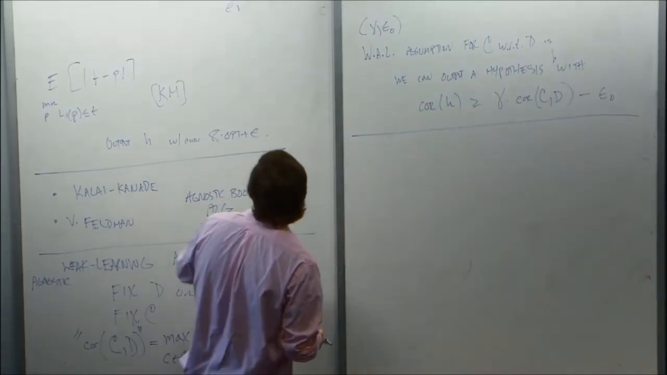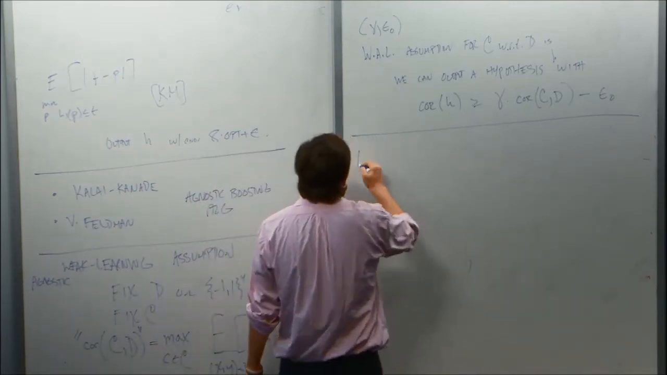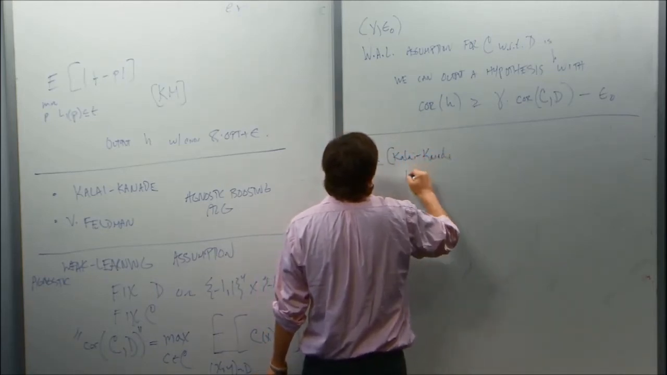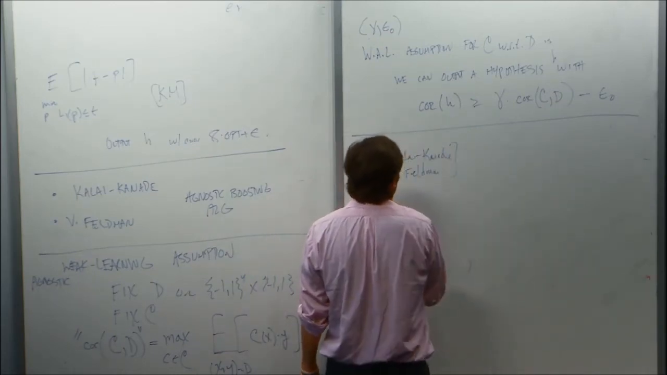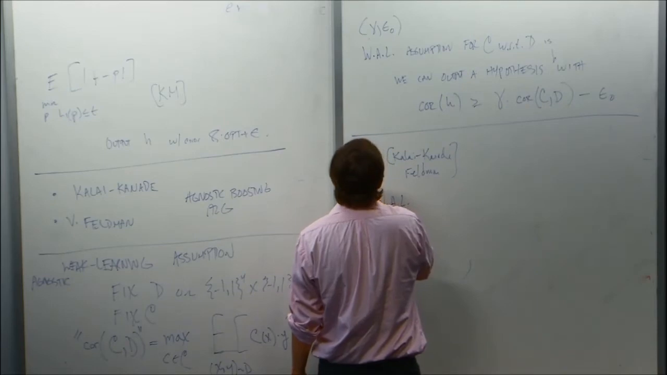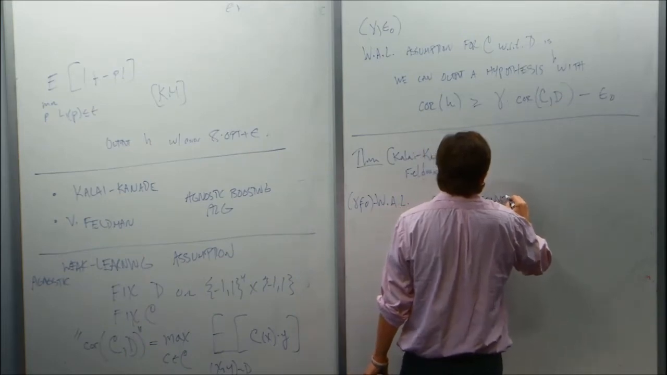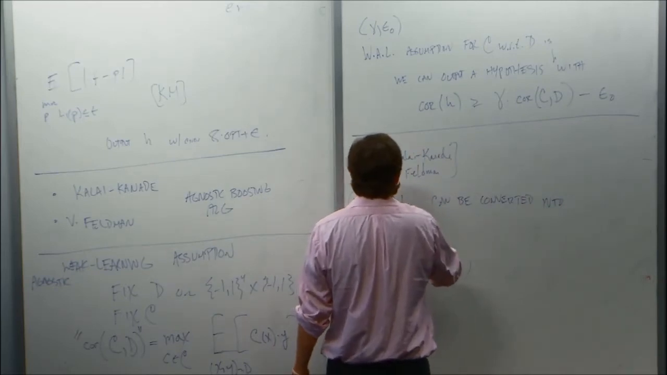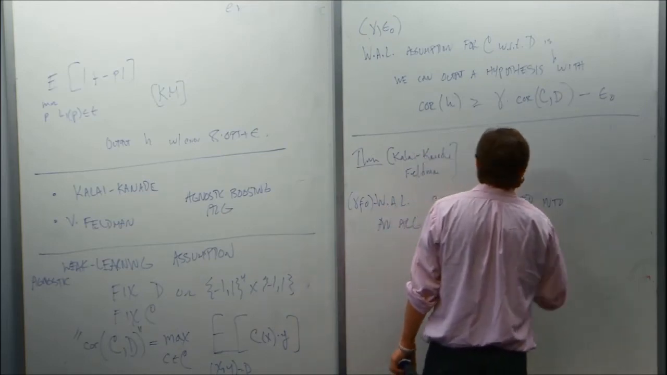Okay, so you can start to see how this KM algorithm might fit into this framework. And then the theorem, again, this is Kalai, Kanade, Feldman, is that a gamma epsilon weak agnostic learner can be converted into an algorithm that outputs H such that